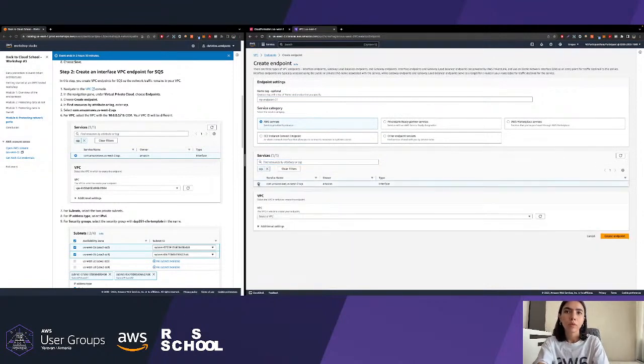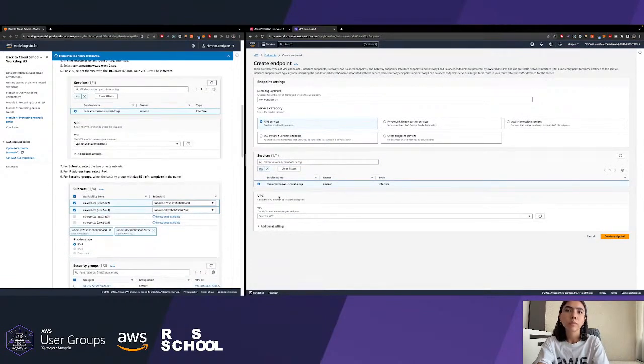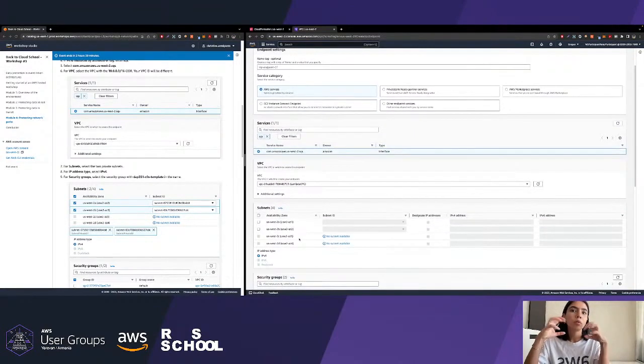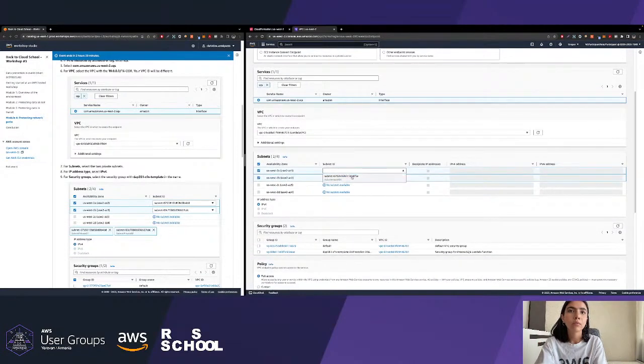Okay, we should choose the service, and for the VPC, as you can see, we are choosing the one that we chose for the Lambda function. Obviously, we are putting all our services in one VPC, which is, just imagine another small layer of network, especially for you. We will choose subnets, and in the subnet ID, we will choose those two private subnets.